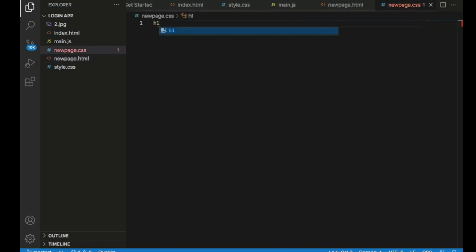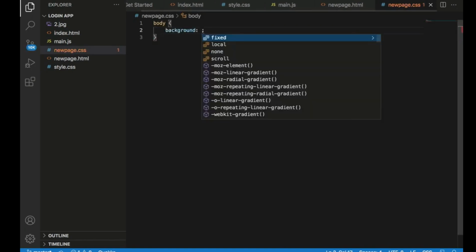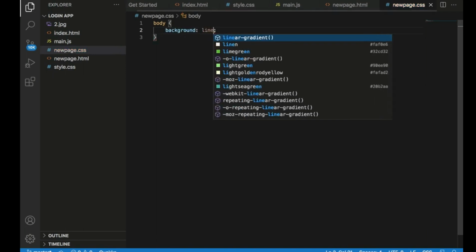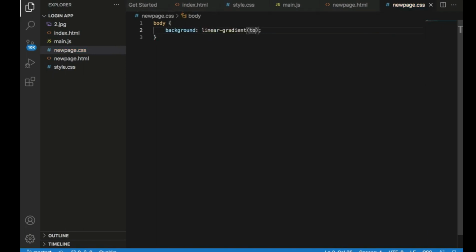For the body, we have a background of linear gradient to bottom. We say light blue, and then green,